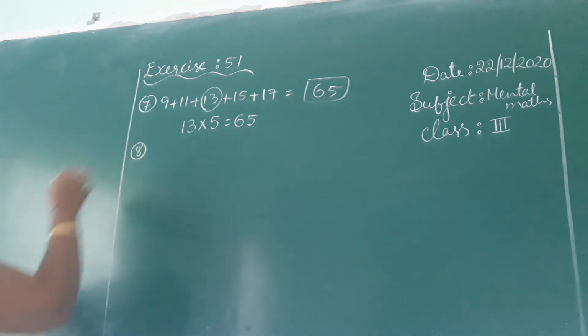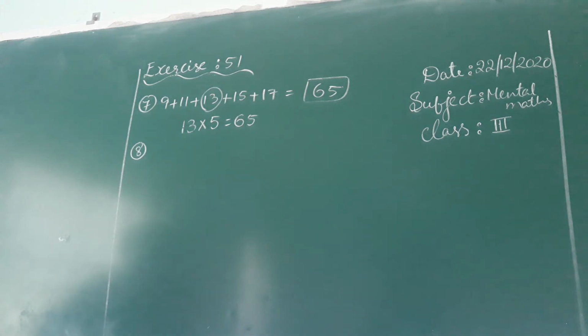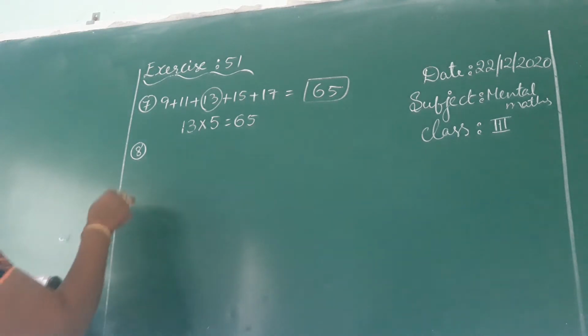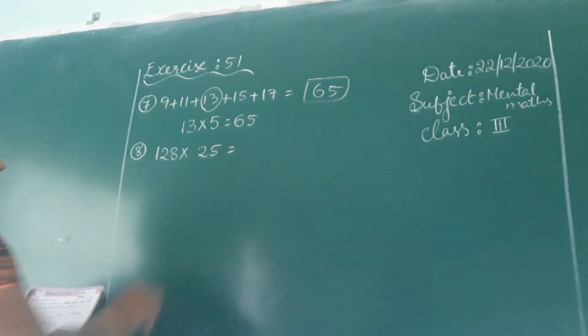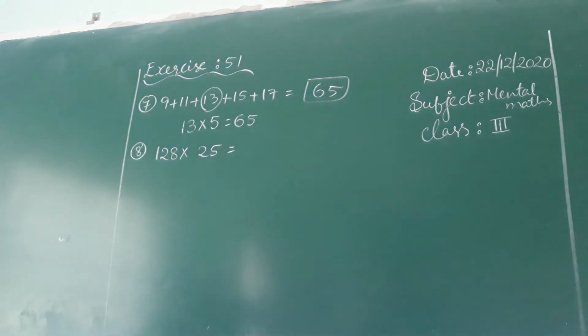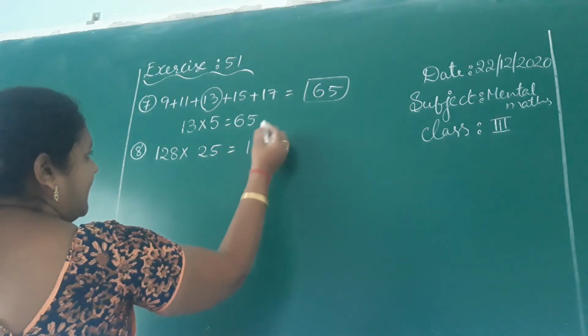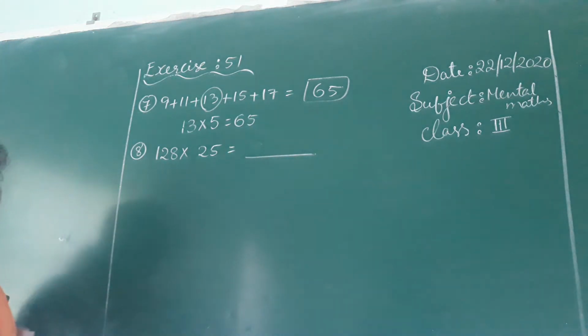Okay, see the 8th one, children. 128 into 25. 128 into 25. Here, if you multiply 128 with 25,